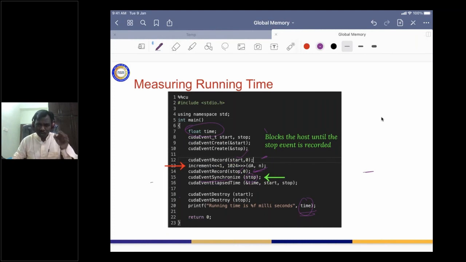You will be able to understand this concept once we finish another concept called async and sync. After that, you should be able to understand this thoroughly. We'll come back. So far, one of the main things we have understood in this slide is how to capture the time before the kernel launch and after the kernel launch and take the difference, so that you can measure the actual running time of a particular kernel.